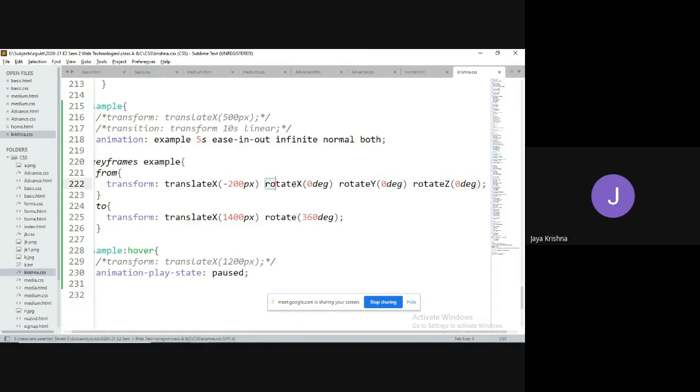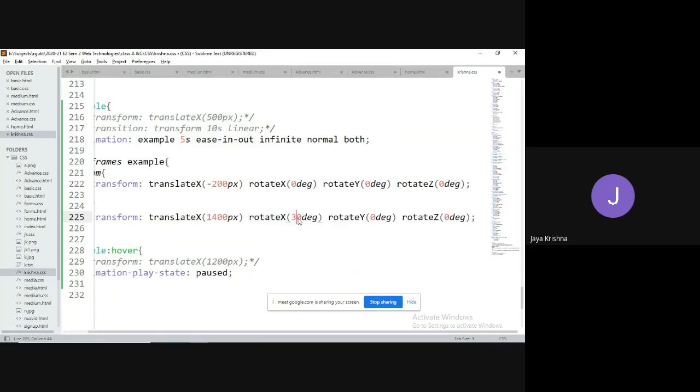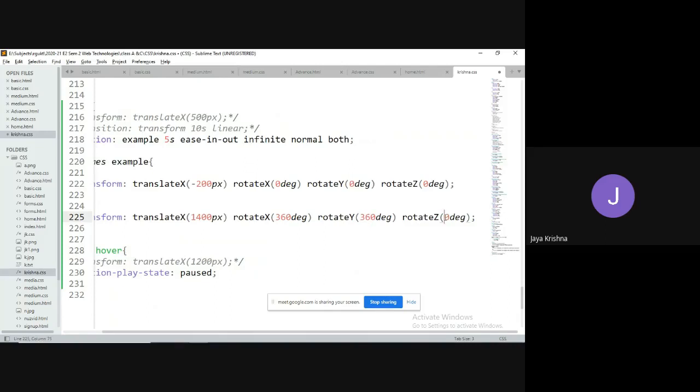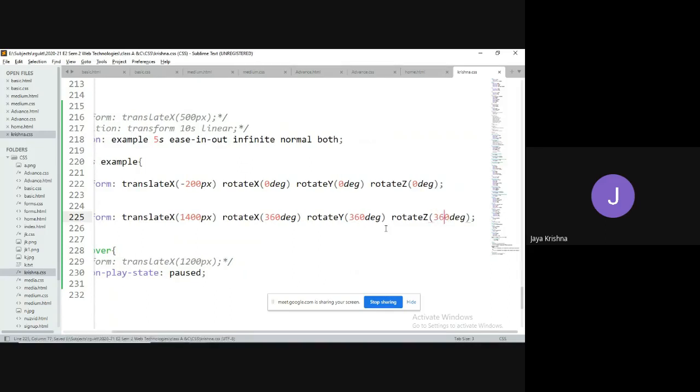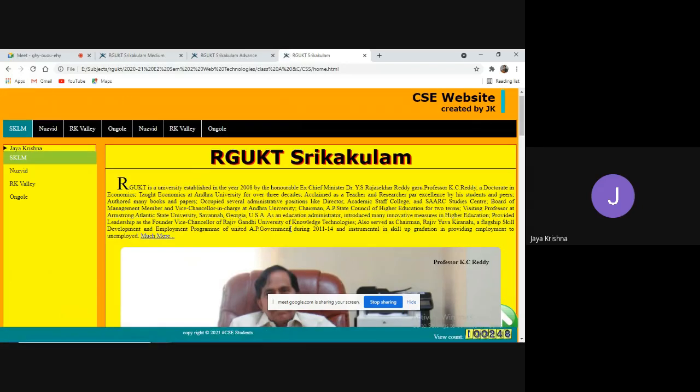I'm trying to copy all these things. Meaning on all directions I'm defining the rotation, 360 degrees. Let me go for the execution. You can visualize what's happening here. Observe the difference between the previous one and this one.